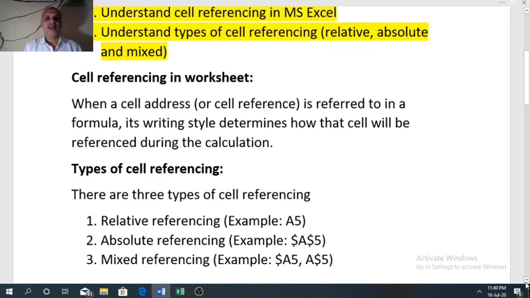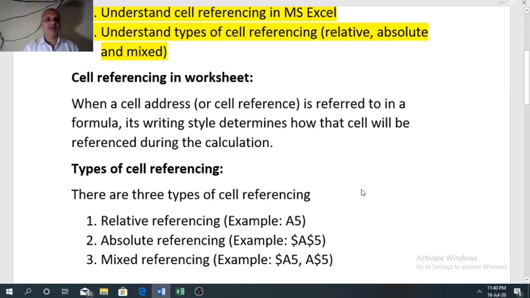As you know, every cell in a worksheet has a particular address or reference, known as the address of a cell or reference of a cell. The address of a cell is a combination of column name and row number. For example, A5 is the address of a cell which has column A and row number 5.